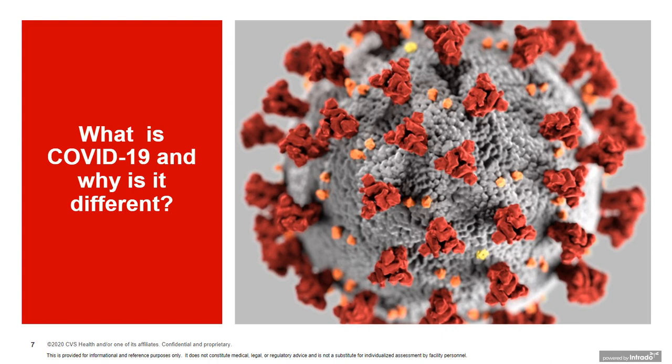There are some viruses like measles that are incredibly infectious. They have an R0 in the range of 12 to 15. This virus is more infectious than the influenza virus, probably with an R0 of between 2 and 2.5. So it's spreading relatively rapidly, but not like some other viruses. And then the other question is, what's the mortality rate associated with it? The mortality rate with our regular influenza virus is probably less than 0.1%, maybe even slightly less than that.